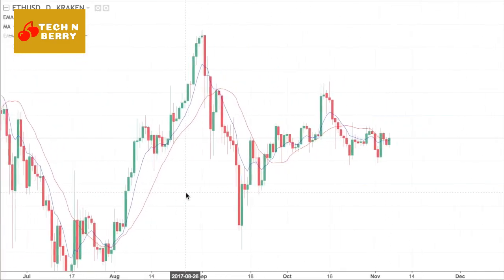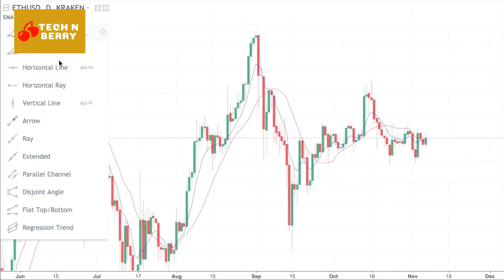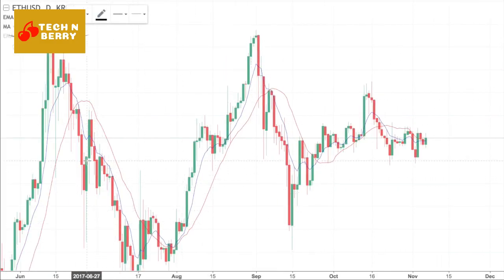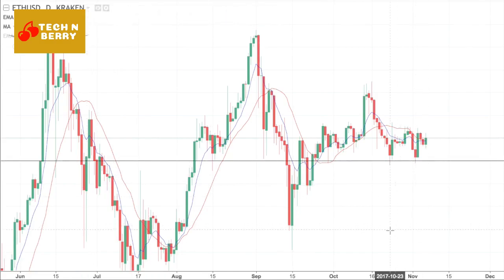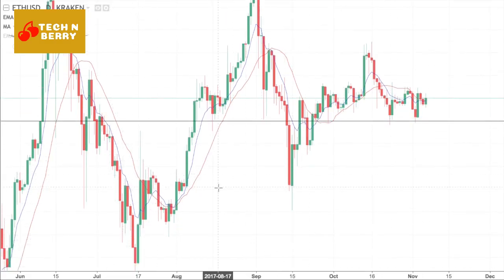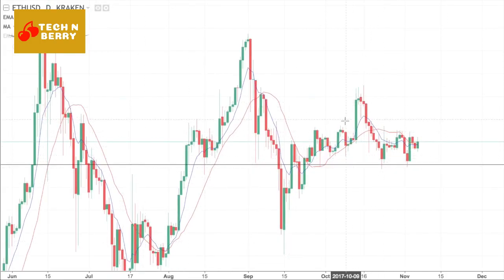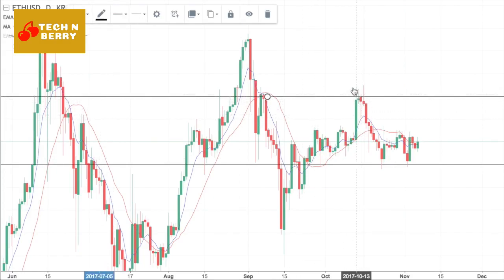So what we can do here is get the horizontal tool and apply some key levels and really get this in line with the moving averages. We can already see we have some higher highs and higher lows. We've now tested this level after correcting from testing another high. So we fell down from this level here. We've tested this level twice. The first time we pulled up, we hit the 18 SMA, we pulled back down, and we failed to break above. We've now broken above the EMAs, they've crossed over to the upside,